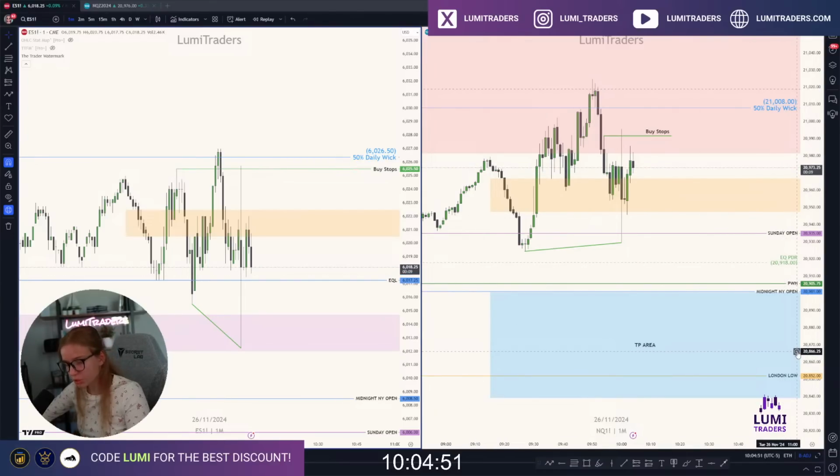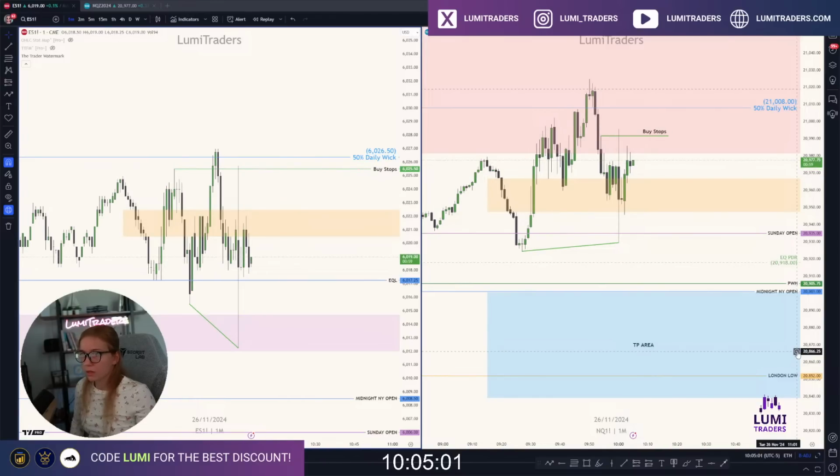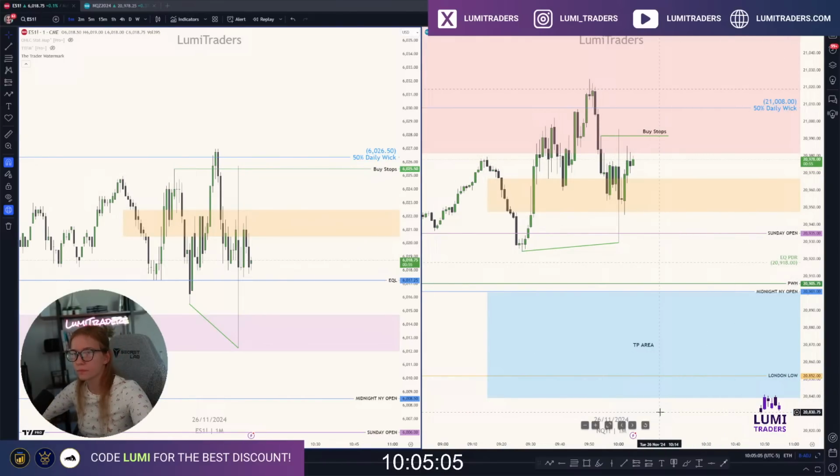Guys, zero trades taken so far. Just trying to read the tape. I don't like the first action right now. I cannot see any setups yet to trade. All I like right here is the 15-minute buy-side liquidity sweep, but that's pretty much it.